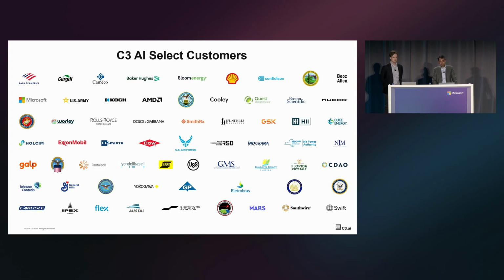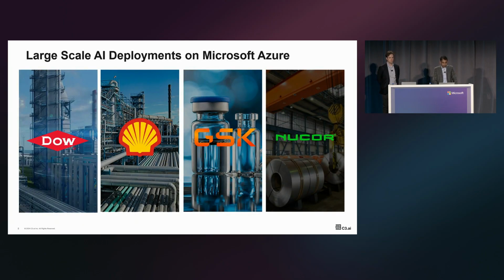Some of our customer logos, obviously not exhaustive, but just give you a sense of who we work with. And it's many of the world's top and iconic companies in their industry verticals. Folks like Cargill in food manufacturing, Baker Hughes and Shell in oil and gas, the US Air Force in defense and intelligence, et cetera. So these are some of our large-scale AI deployments on Azure. So companies like Dow have standardized on us across all of their operations. Companies like Shell, GSK in the pharmaceutical world, Nucor in steelmaking. And we help them in core operations. So we help them manage their manufacturing, manage their production, upstream assets,